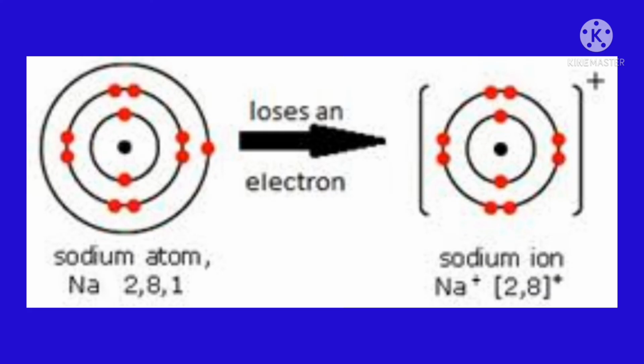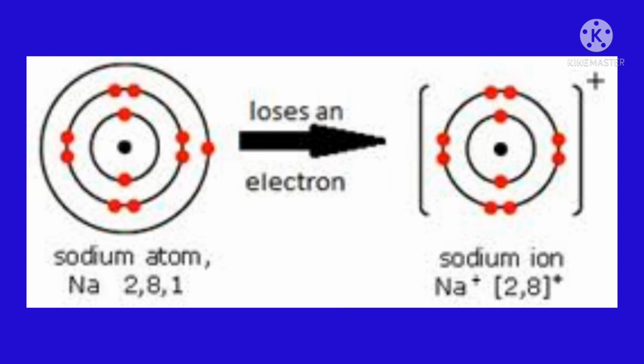Now let's discuss some chemical properties of metals and non-metals. Here is an example of a metal, sodium. Every atom has a fixed number of electrons. Likewise, a sodium atom has 11 electrons. Every atom's electrons are distributed in various levels. The first shell accommodates a maximum of 2 electrons and the second shell a maximum of 8 electrons. The rest of the electrons occupy the third shell. These electrons revolve around the nucleus. This is the nucleus of an atom.